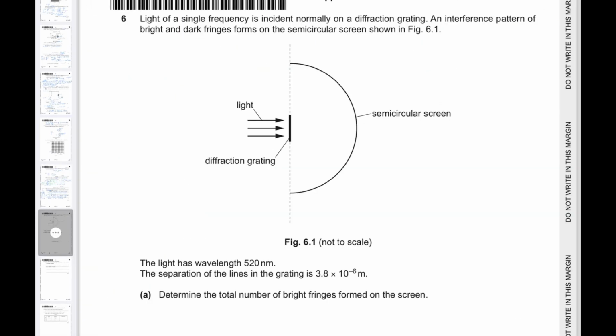Question 6. Light of a single frequency is incident normally on a diffraction grating. An interference pattern of bright and dark fringes forms on the semicircular screen shown in figure 6.1. Here you will need to recall the concept of interference, where bright and dark fringes are formed from constructive and destructive interference. When two waves overlap in phase,